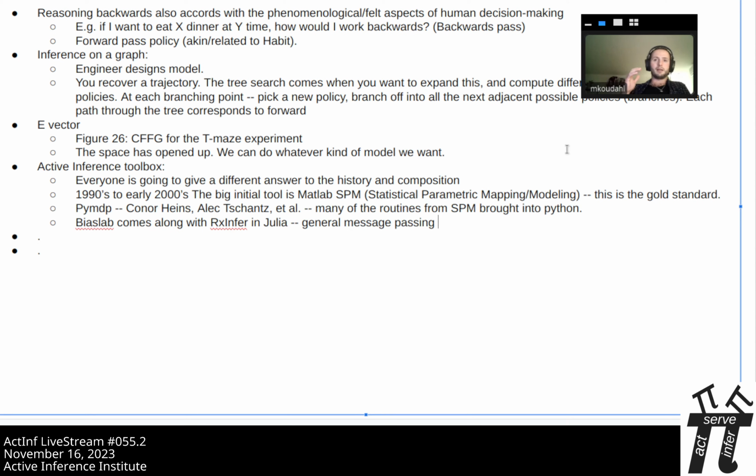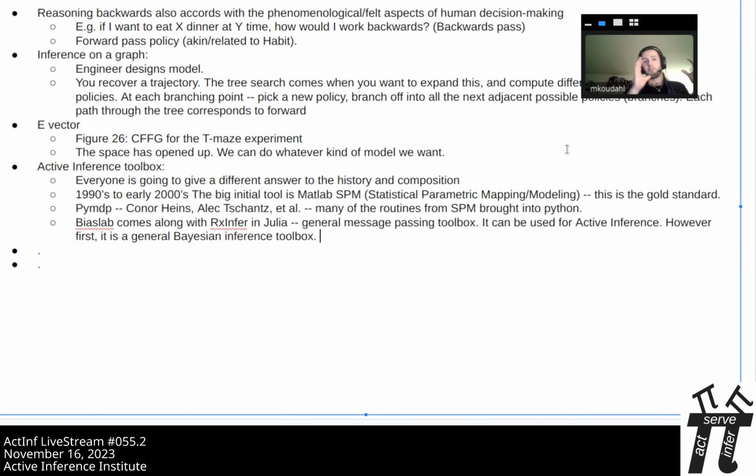But it is a message passing Bayesian inference engine first, before it is a specialized active inference toolbox, which is great, because then you can use it to build your active inference parts, like we did with this constrained goal observation node that we used for the simulations we just looked at. That's using mostly stuff that is in RxInfer, and then one little node that we added on that does this GFE-based thing.